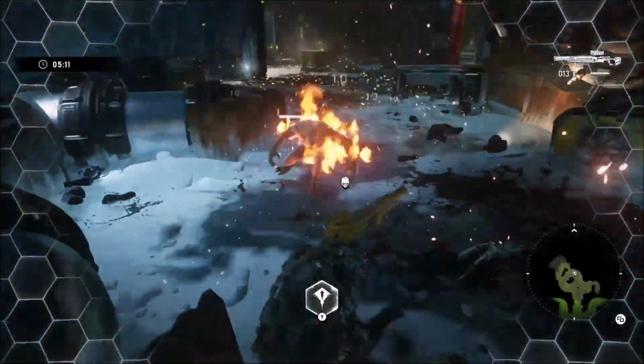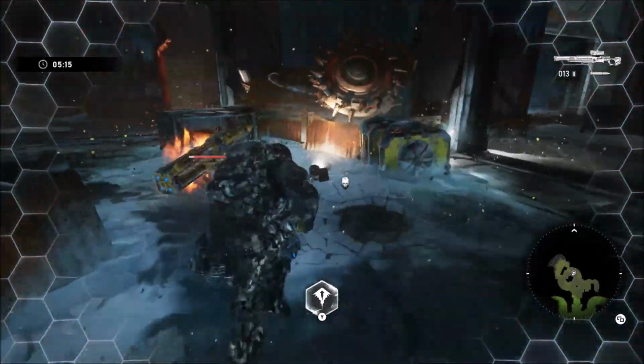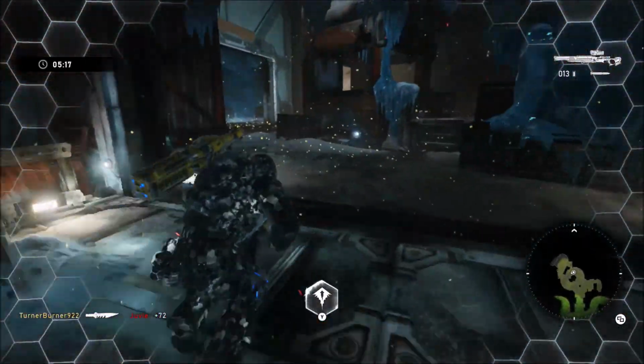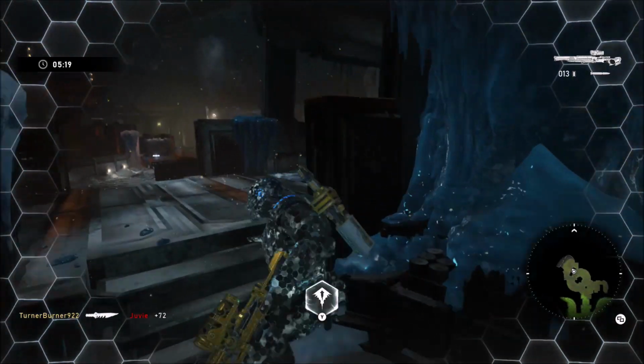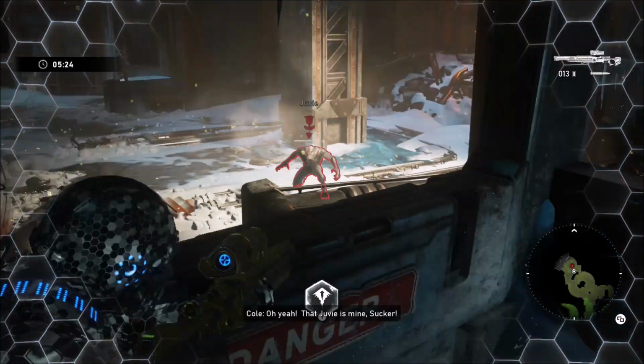So it makes the game a lot easier, to know that, oh, well, if I get hit by an elite drone, it's not going to do any damage. Or if I get hit by a warden, it's not going to do any damage. So it actually makes the game a lot simpler. So in this gameplay, you see me